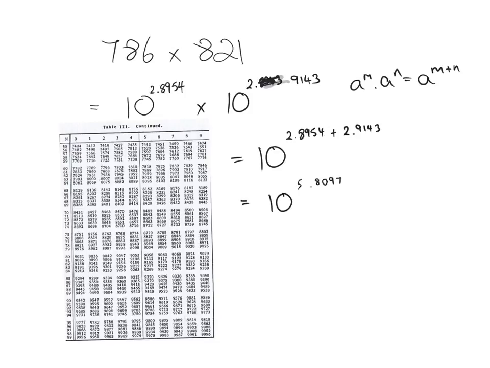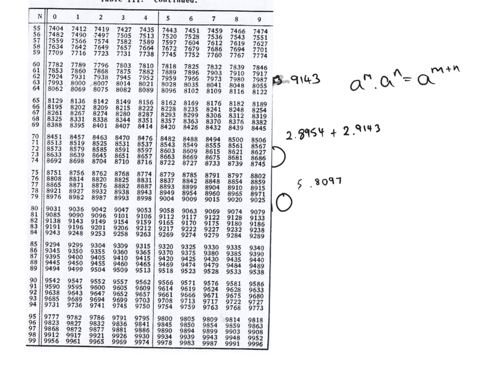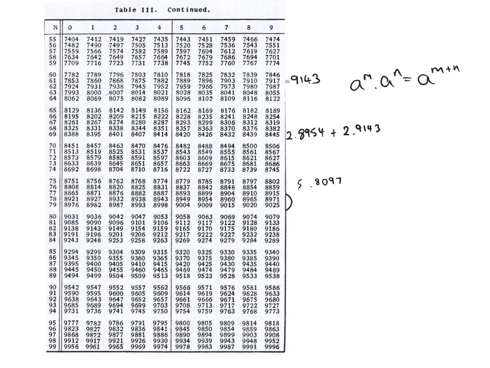Now what we're going to look for on our chart is just the decimal part of this. So we're looking for 8097 in the middle here. And 8097 is about there. 8096 is very close, so we go to the left and we find 641. We go to the top and we find 645. So therefore this equals